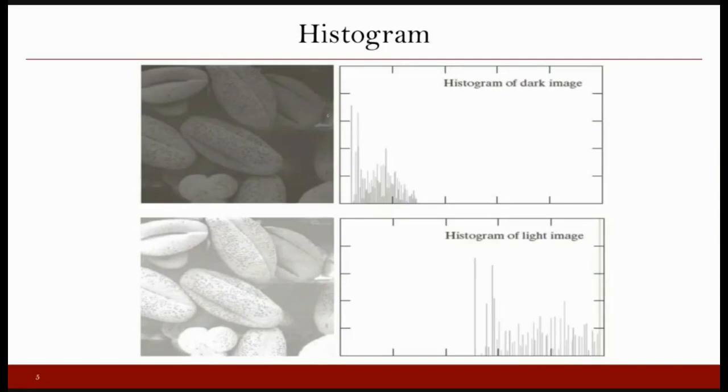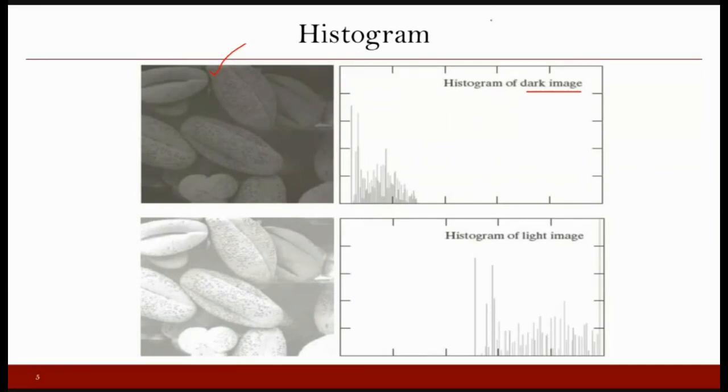This is the example of a histogram of a dark image. How does your histogram appear for the dark image? When you say a dark image, that means the intensities or gray levels that your image is using are on the lower side. That is why you say it's a dark image. So obviously you will have pixels whose intensity is on the lower side.